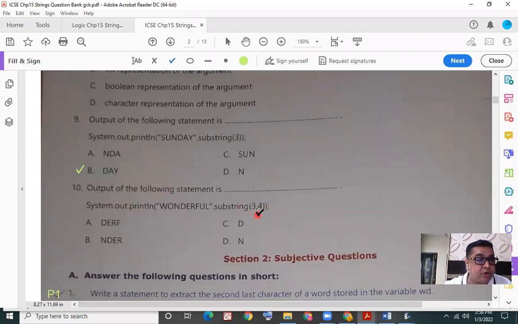Now in case of substring, when we specify the end as 4, position 4 would not be the last position. We'll actually get up to 4 minus 1, so it will be 3. So I'll actually get characters from position 3 till 3.